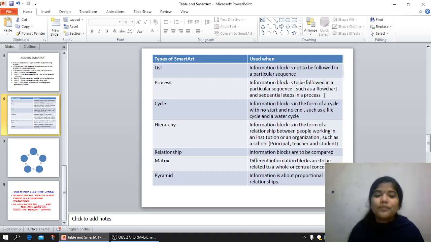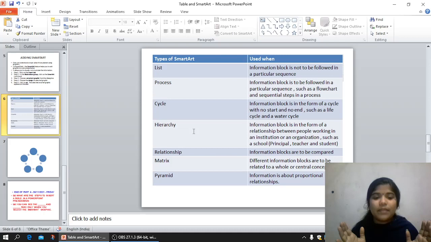Next is hierarchy. Information blocks are in the form of a relationship between people working in an institution or an organization, such as a school. Hierarchy means at the top node we will have our principal. After that we will have the vice principal, then HMs and all.